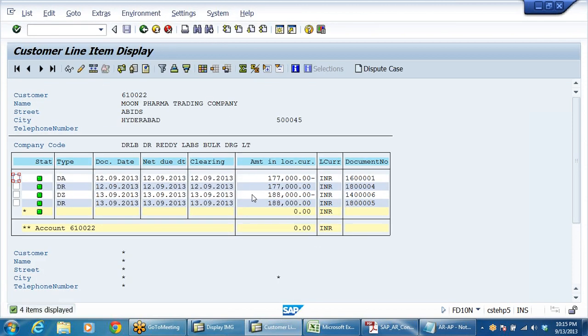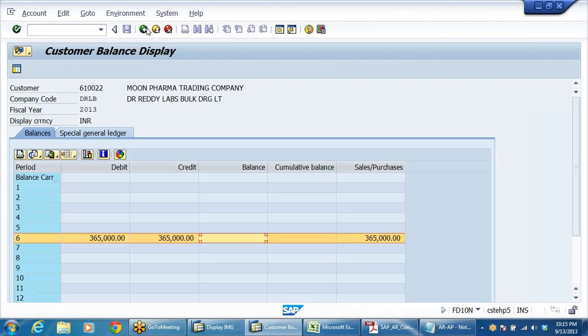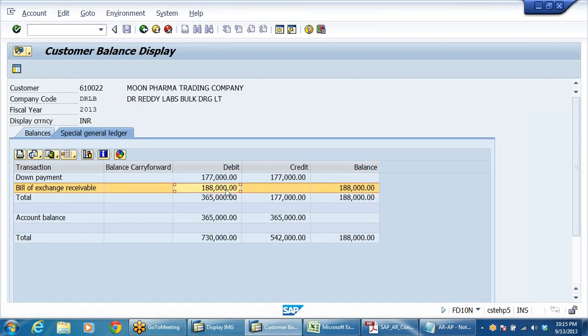So this has been cleared with bills of exchange, whatever is received. But one entry, like sundry debtors, the bills of exchange account will continue to show as a debit balance in the special GL. Right, because he is liable. This customer is not relieved from his responsibility of making payment to the bank. So that's why his account continues to show as a debit balance. And if you want to see